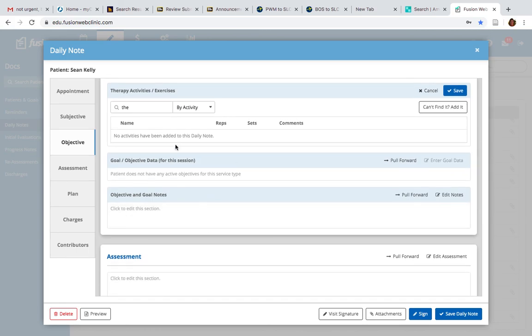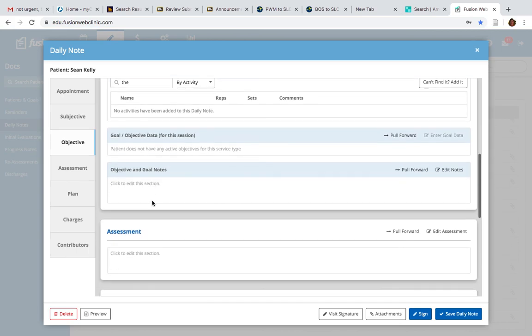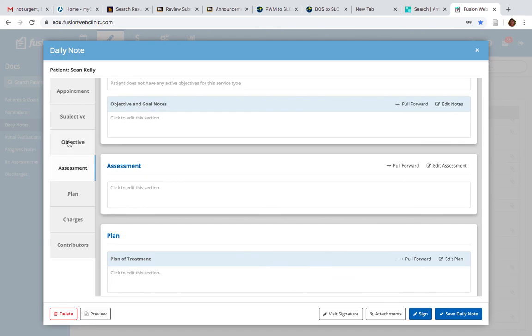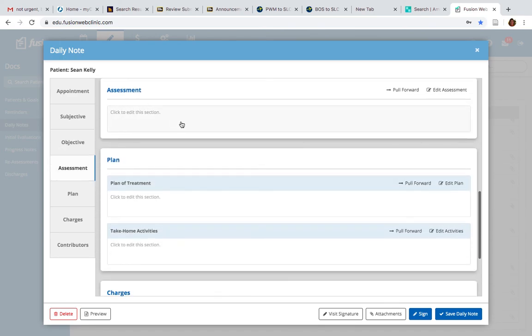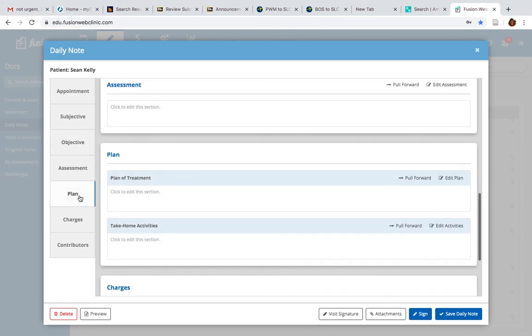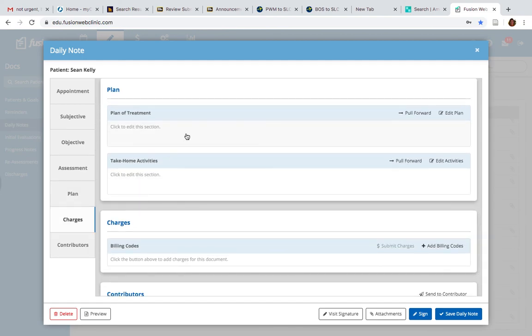So once you've figured out how you want to present your objective information, again, you can scroll down or use this sidebar to get to the assessment section. You can write all that out. Plan a treatment, just this box down here again. Take-home activities, you won't always be doing that, but it's just additional information you could include if you wanted to. Charges, a lot of times you won't start talking about these